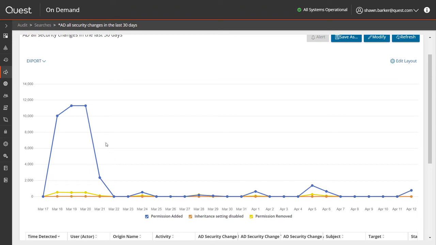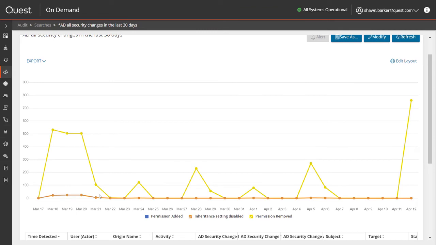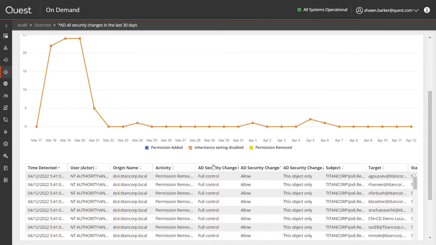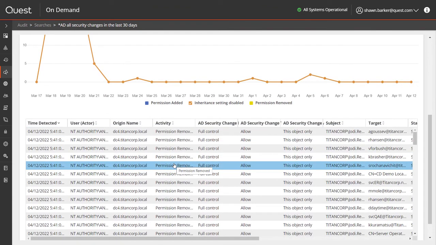The reason why these visualizations are so powerful is, I see there's only 3 types of security changes over the 30 days. This permission added, you can see there's a massive spike over a few days here in the 11 to 12,000 range, and it really dwarfs these lower items in the visualization. So I can quickly remove that from the visualization, and then I see more fidelity when it comes to the items that are lower down in the graph here. And as I narrow these down, again, the actual events below are narrowed as well.